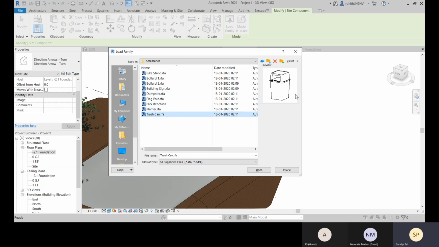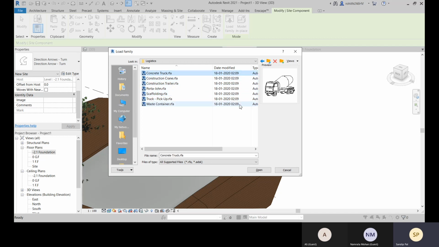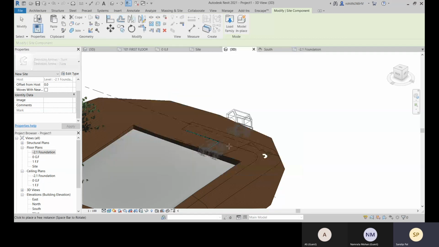So these things are there like this. If you need any one, you can choose logistics. So these things are there. Okay, so like construction truck, you can open this, and you can see you can place it like this.